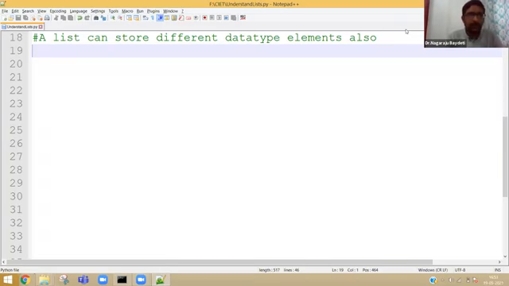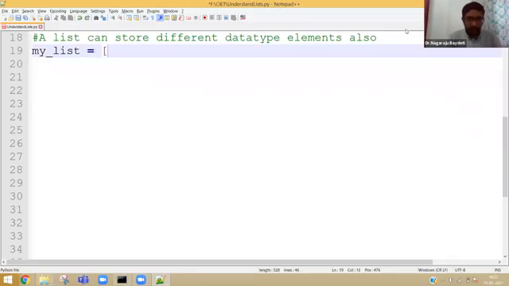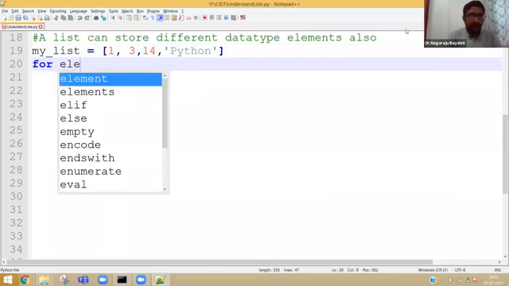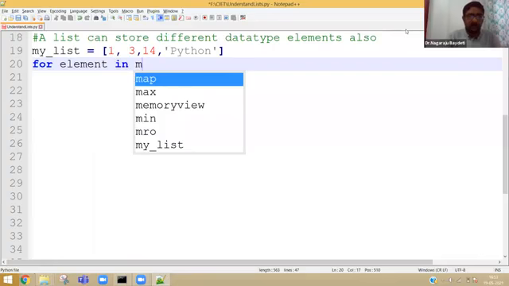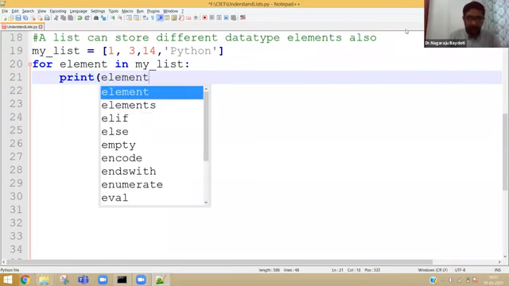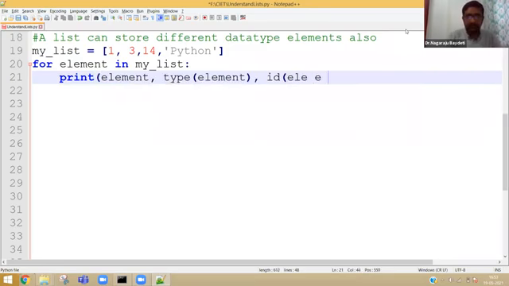Right? Now, let us try to understand whether the list can store different types of elements or not. So my list equal to simple 1, 3.14 and Python. This example is enough to explain that yes, it takes, for example, for element in my list, print element, obviously type of element, and also the address of element.